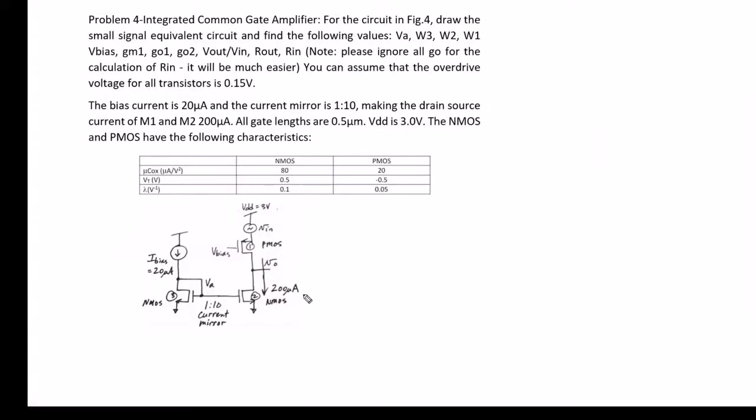So first of all, this current mirror pair circuit is replaced by the resistance of this complete current mirror pair circuit, which will be equal to the output resistance of the second transistor only. So we can replace this particular part by RO2 of the second transistor. So now the equivalent circuit will be like,